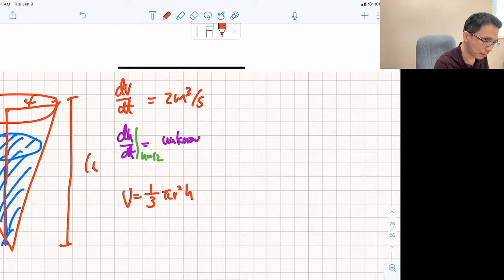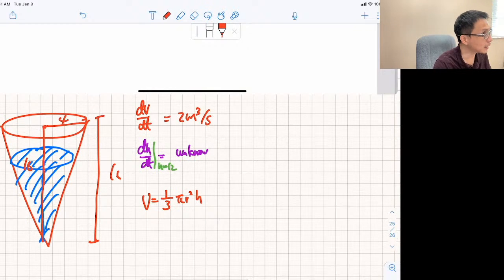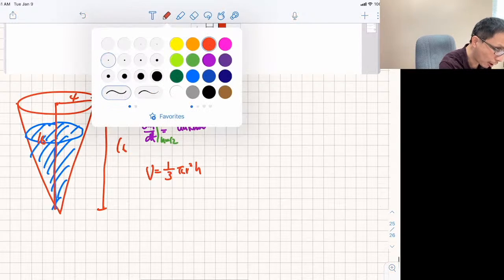Okay. Now, I want you to foresee this problem. The problem is they want dH dt, but if I take a derivative of current status, I am not going to have enough information because I will have dr dt and dH dt, but you have two things that you're looking for, and that creates a problem. Okay, so you will have a product rule, and then you have some type of r squared h. So there's the product rule issue that dr dt and dH dt are all at the same time, and you only have one of them that you're looking for, but you have dV dt given, so you're missing dr dt, so therefore you cannot do it. So that means that calls for